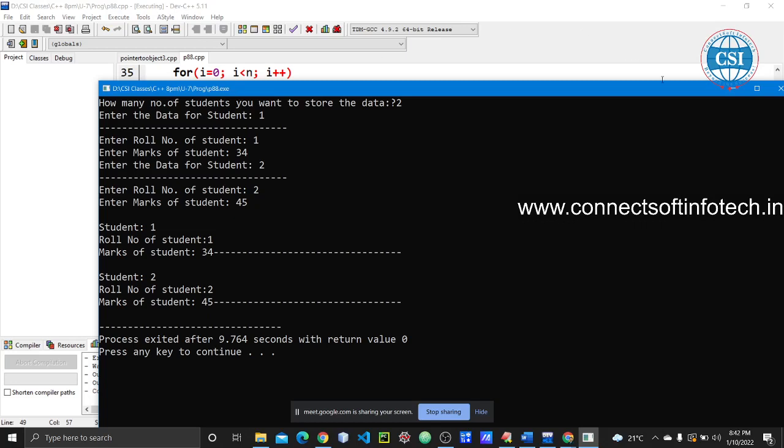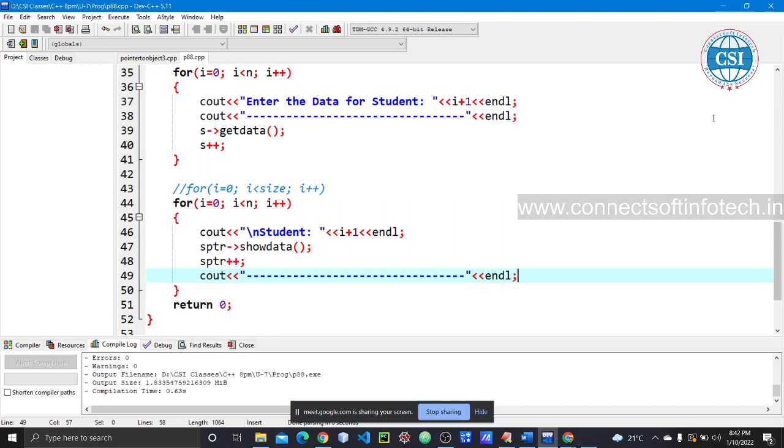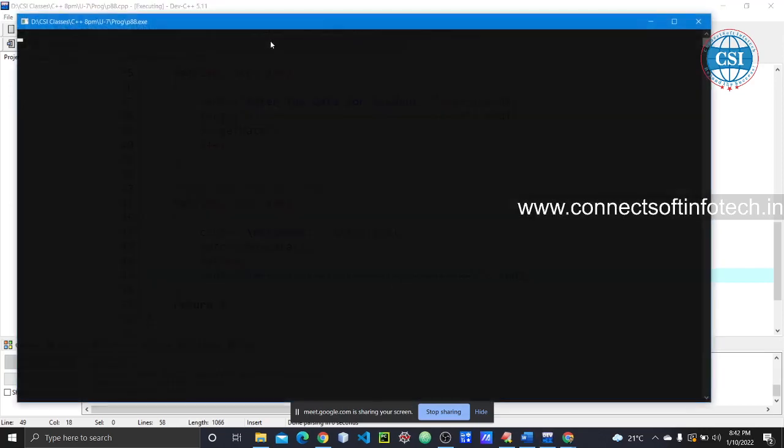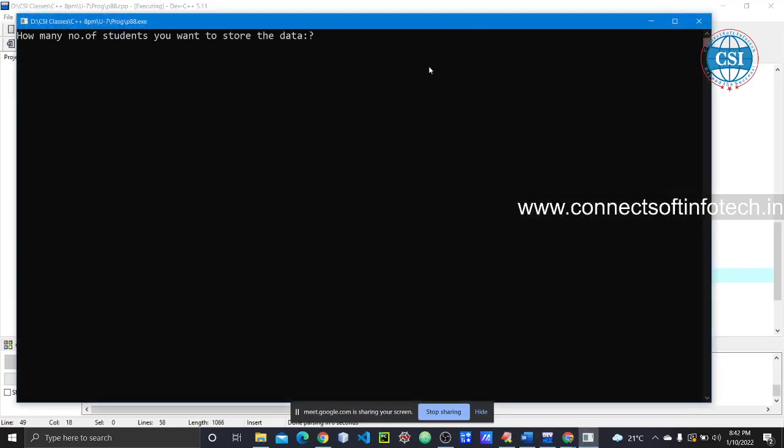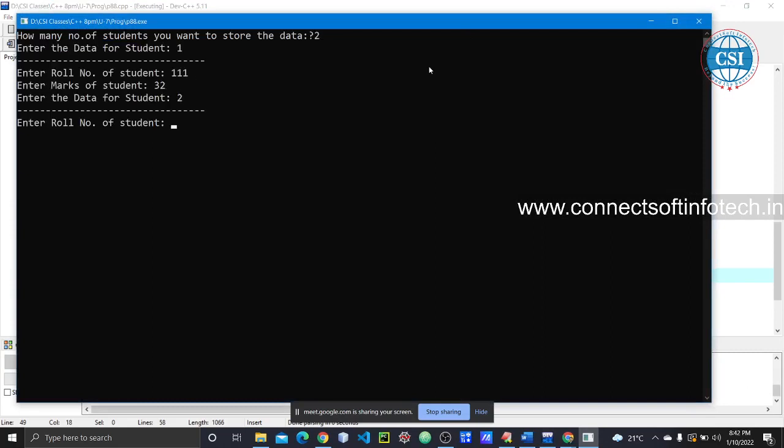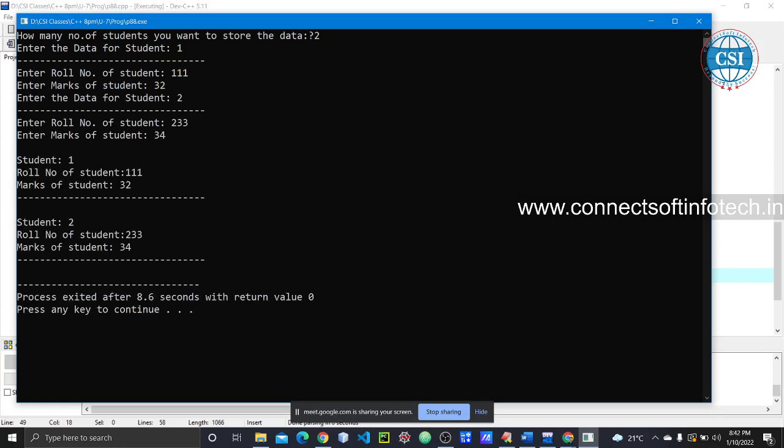No, misplaced, I want this after this. So what to do here, use the backslash n here now. We are just checking that the look and feel is better. 2 here, 111 marks something. Student 1 data displaying, student 2 data displaying.